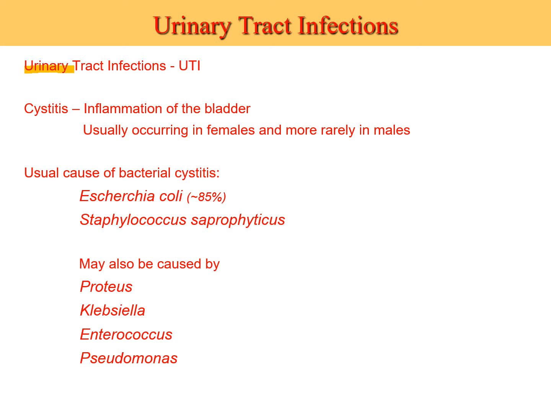Urinary tract infections are abbreviated UTIs. They can be associated with inflammation of the bladder, which is called cystitis. And cystitis occurs more often in females and is fairly rare in males as compared to females. The usual cause of cystitis due to bacteria, or bacterial cystitis, is almost the vast majority due to E. coli, Escherichia coli, but can be due to other